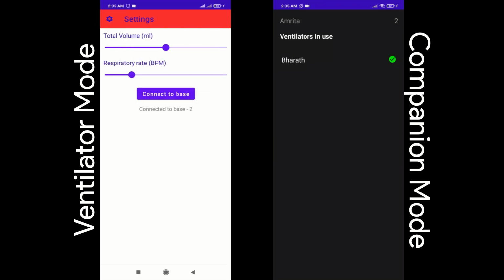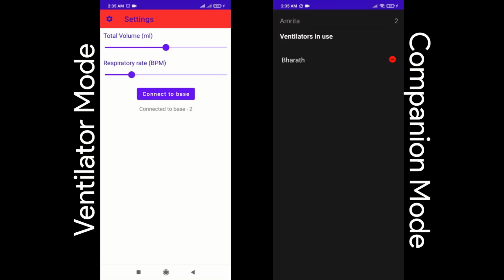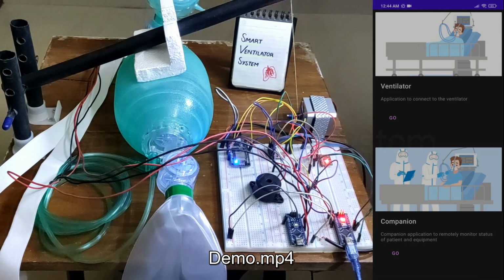Now I'm going to disconnect the internet for the ventilator side, I mean the left hand side. Once I do that, I got a message immediately on the right hand side: the ventilator has malfunctioned. This will definitely help doctors as well as the companions who are sitting with them to understand whether things are all okay. Now, when I enable it again, things will be back in normal mode. You can see that it has gone green in color. That's it.